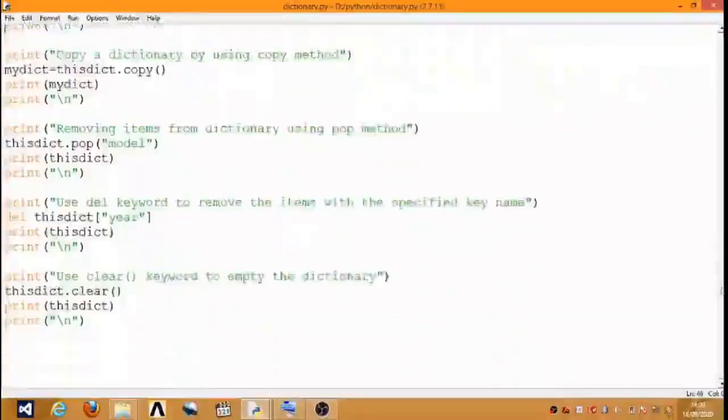Next, use del keyword to remove the items with a specified key name. Here in the same way we can remove the model item from the dictionary. Same way here we remove the year.